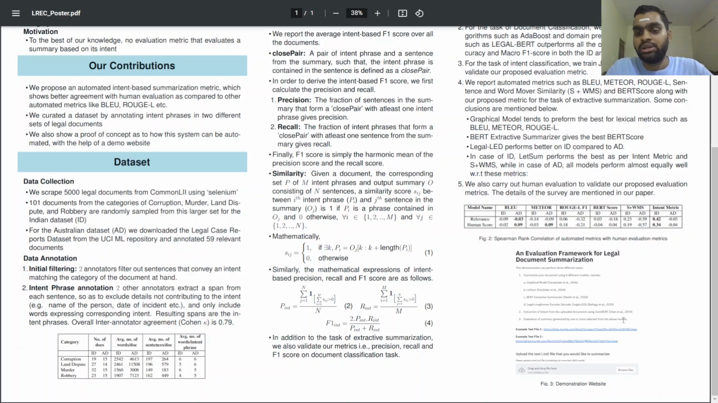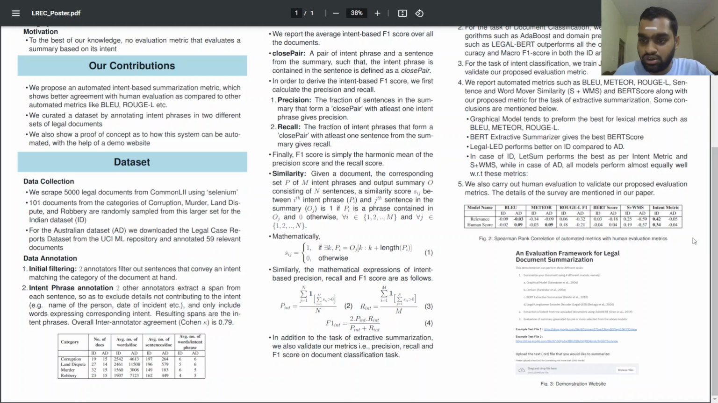And we also carry out our human evaluation to validate our proposed evaluation metric. The details can be obtained in our paper. So to summarize the results, we can see this figure 2. So for the different scores like BLEU, METEOR, ROUGE-L, BERTScore, sentence plus word mover similarity, and our defined intent metric, and for both the Indian dataset and Australian dataset, we see that for Indian dataset, the relevance